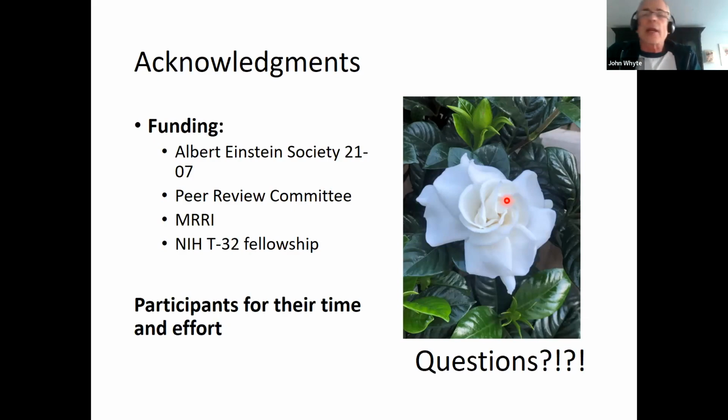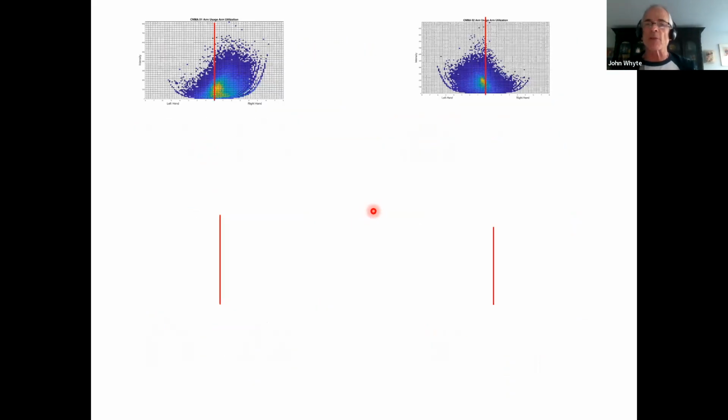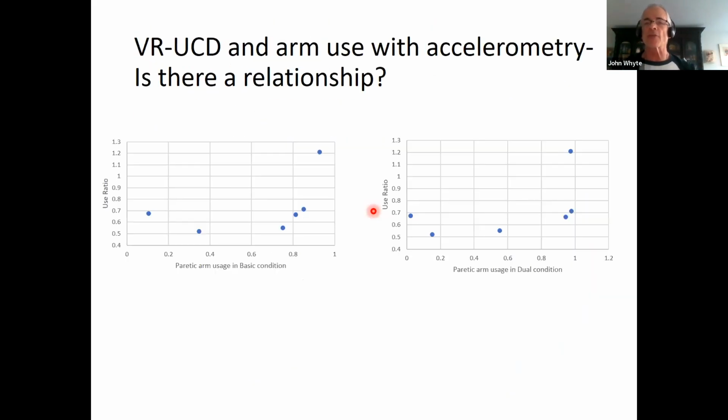I was thinking as you were presenting the accelerometry and the virtual reality comparison, in some ways it's not at all surprising, because the virtual reality task requires only one limb, and there's no advantage to using both hands. But so many tasks that we engage in during the day demand some amount of use of both limbs, and then what strategies do you have if the limb doesn't work well? So it's just not surprising that there's a lot more